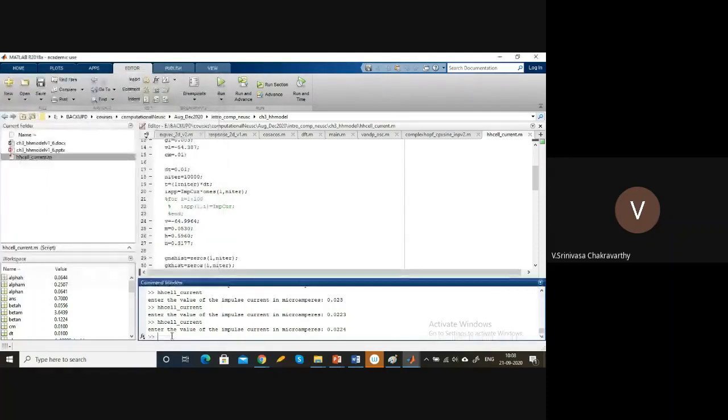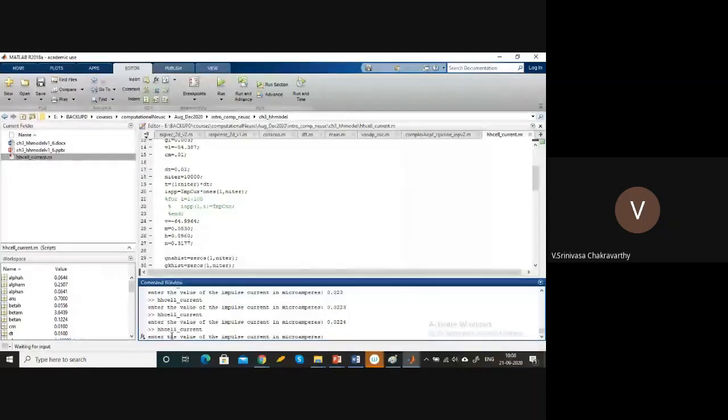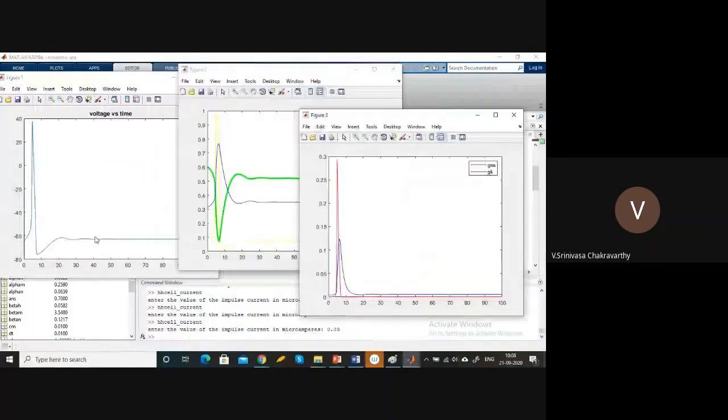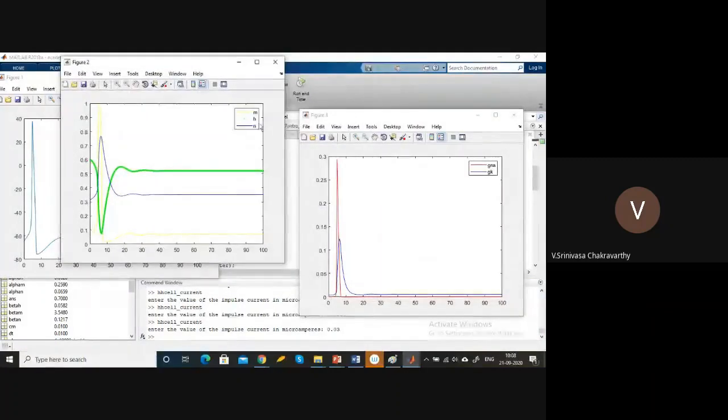Now if you increase the current beyond this and keep going further, so 0.03, you have an action potential, and when you have an action potential, let us look at the M, H and N gating variables. M shows a positive response along with the voltage. Why is that? Because it's an activation variable. With increasing voltage it increases, and with decreasing voltage it decreases. H is an inactivation variable, the green one. Therefore, with increasing voltage it decreases, and vice versa.